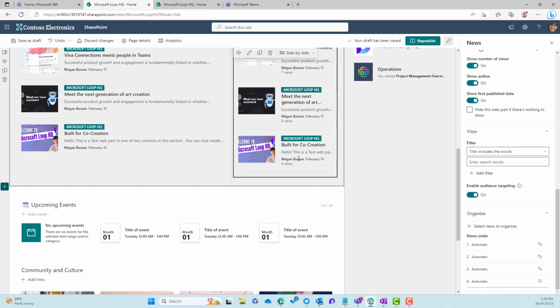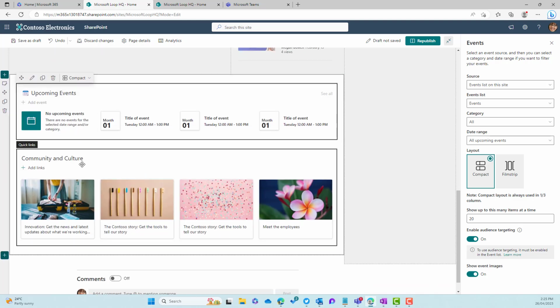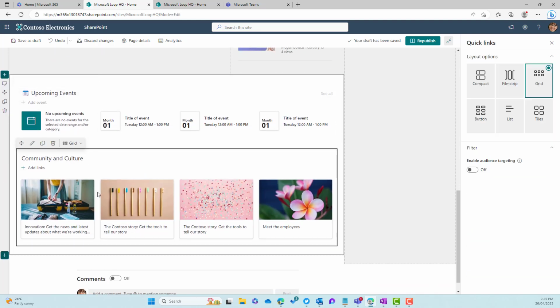So we've done that for those two. Now we can also do this for our events. All right, so if we add our events, we can see here that we can also enable audience targeting for our events as well. Same thing, this is just a links list. So if we wanted to have this one here audience targeted as well, we could enable it for this quick